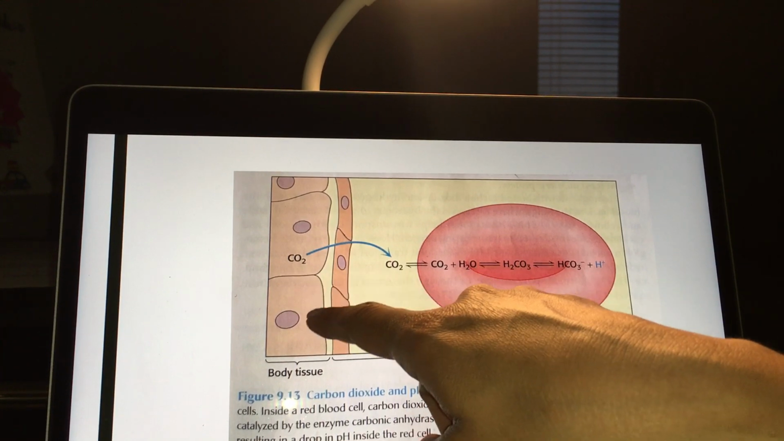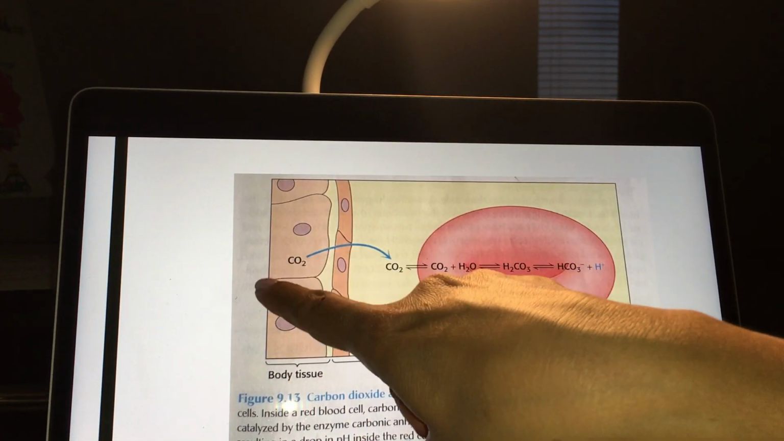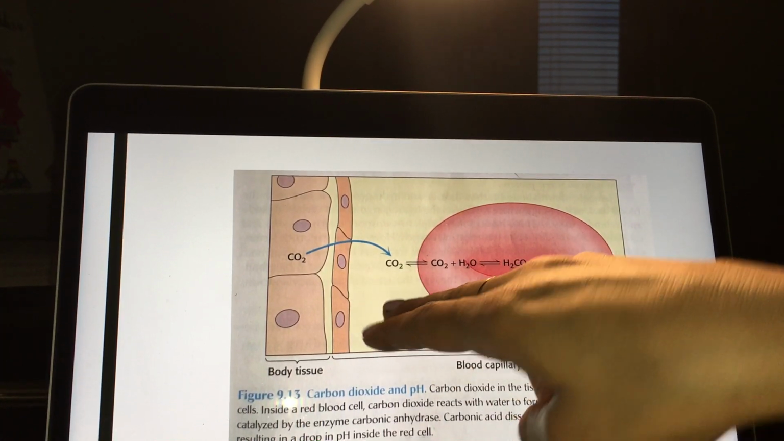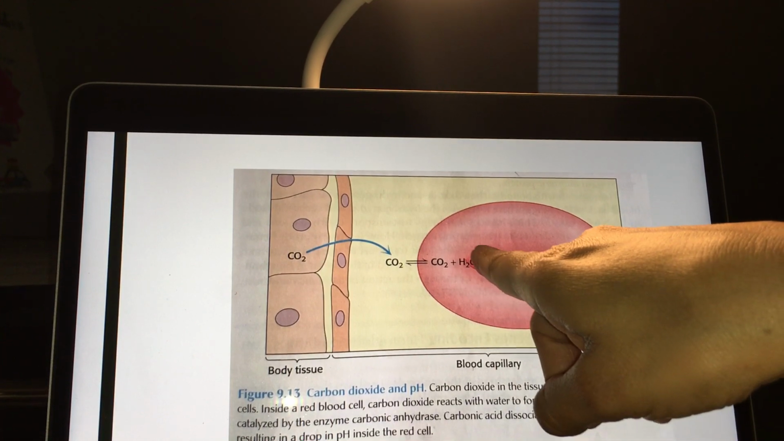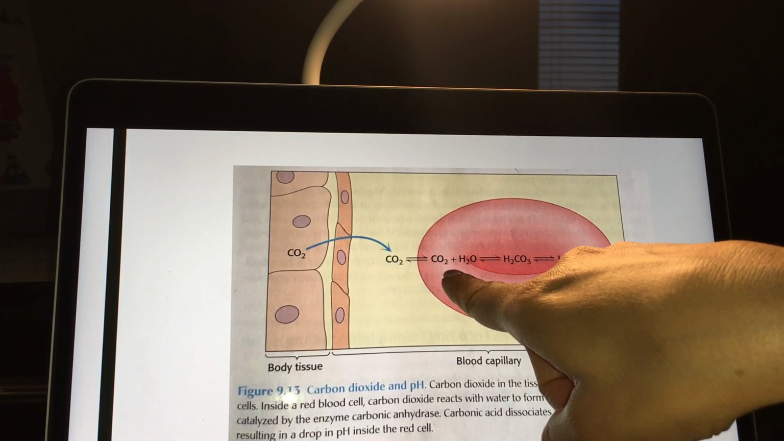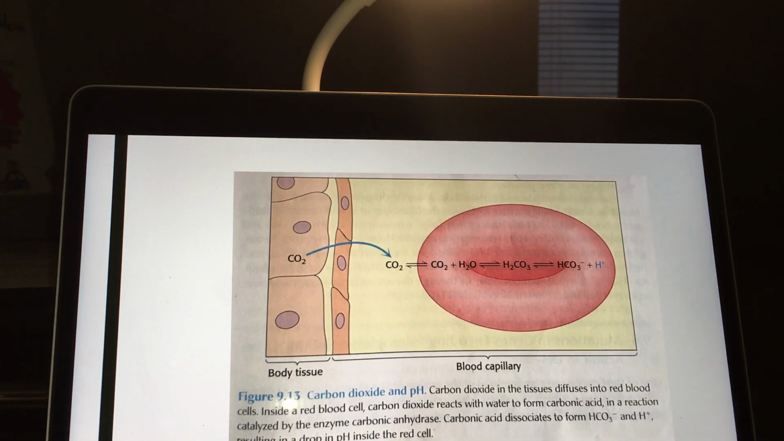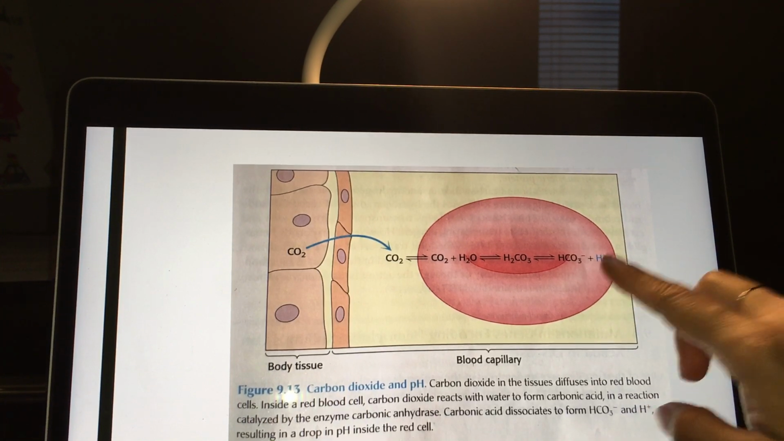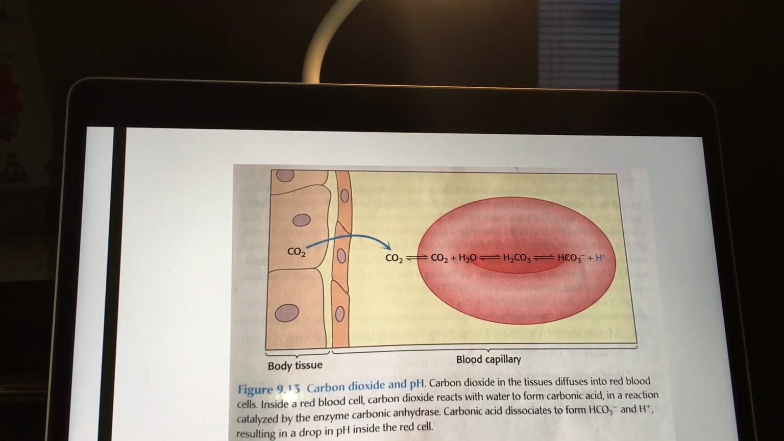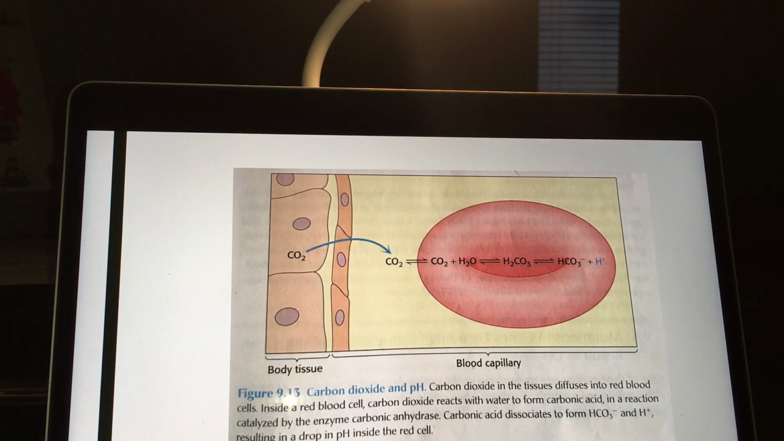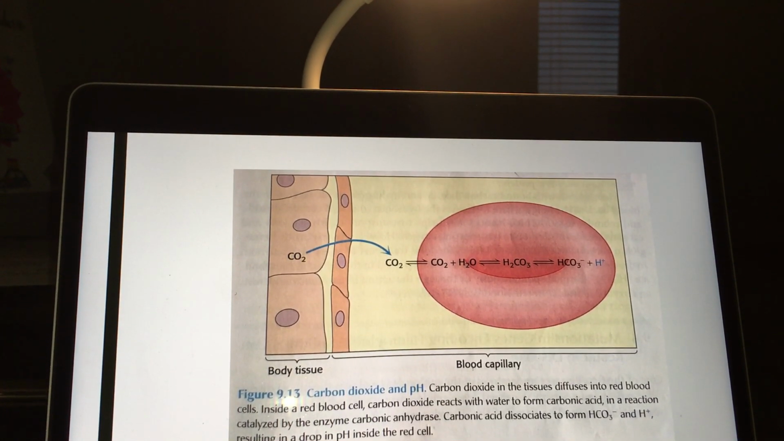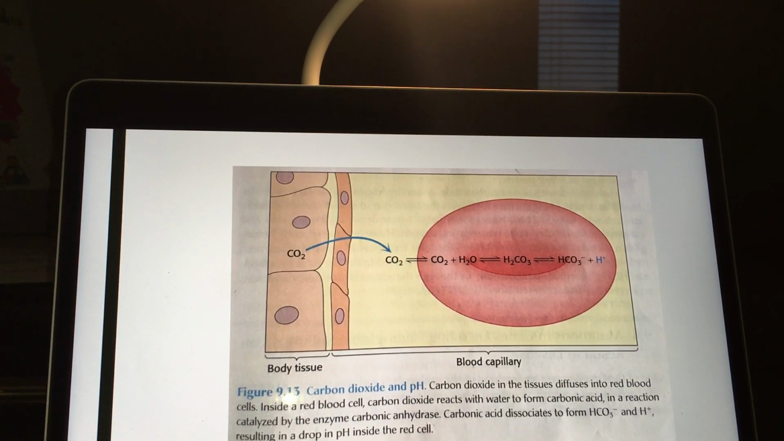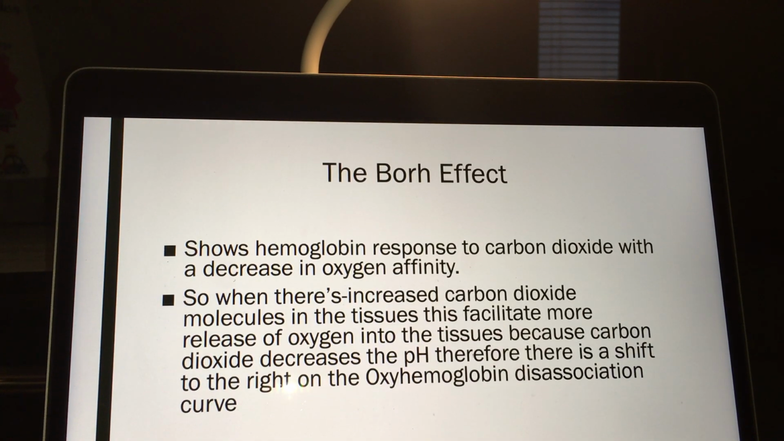In the tissues, we have a high concentration of carbon dioxide. This carbon dioxide is released into the red blood cell, where carbon dioxide plus water is converted into bicarbonate and free hydrogen ions. These hydrogen ions cause the pH to change into acidic, or low pH. So the Bohr effect